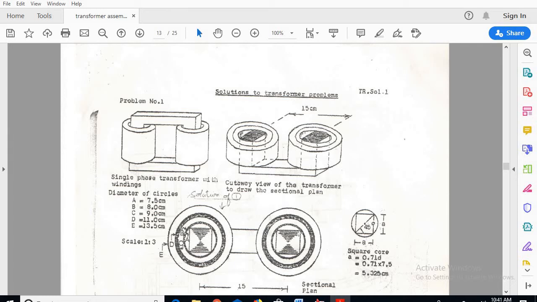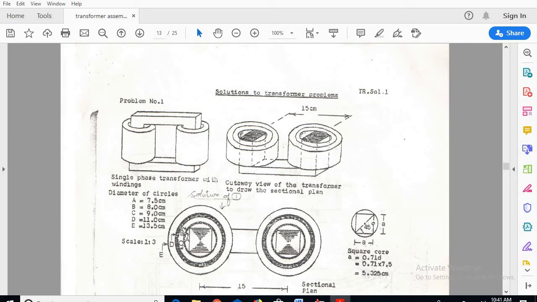Once you draw this core, next from the center of the core, go for the diameter, consider the value as 7.5 centimeters, and we get one circle near to the core. Next, the inner diameter of the LV winding, that is B, is given as 8 centimeters.